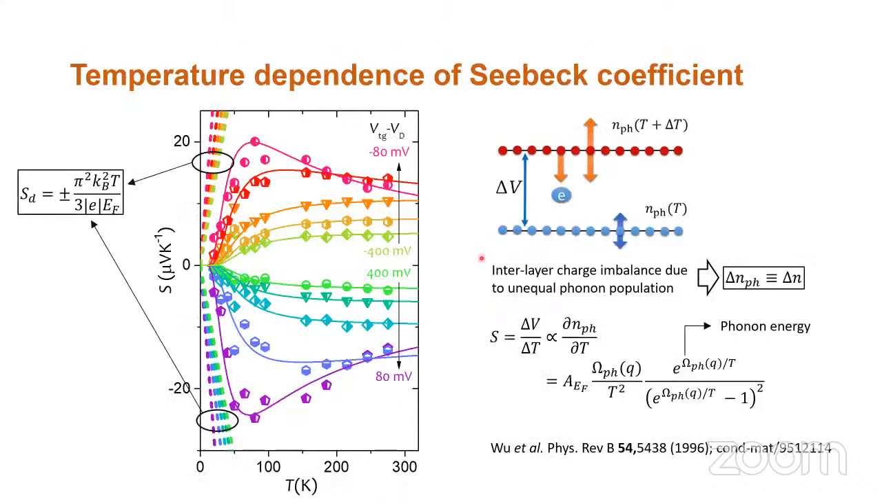Instead, what we see is actually a very different temperature dependent behavior. You can see that normally if you come up with a diffusion thermal power, it is supposed to be proportional to temperature. But at all gate voltages,